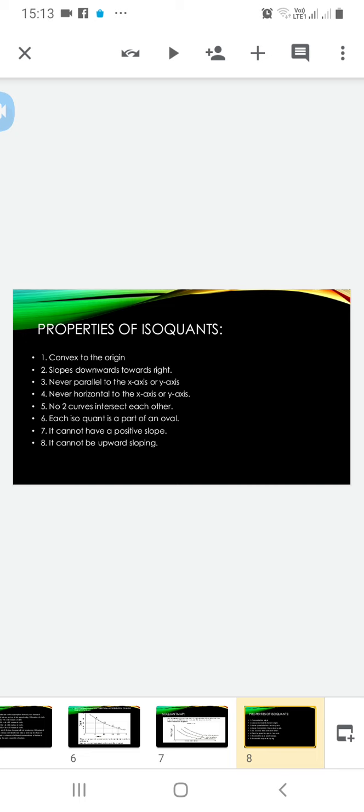Isoquants are never parallel to the x-axis or y-axis. Never horizontal to the x-axis or y-axis. No two curves intersect each other. Each isoquant is a part